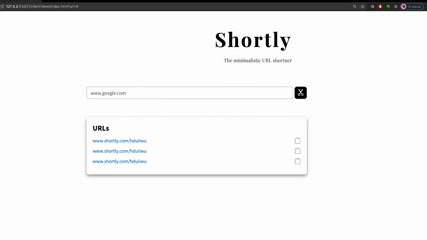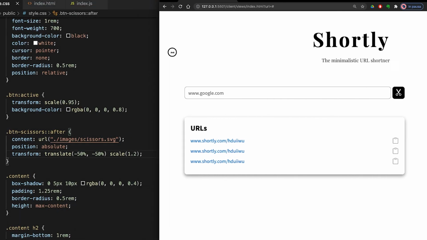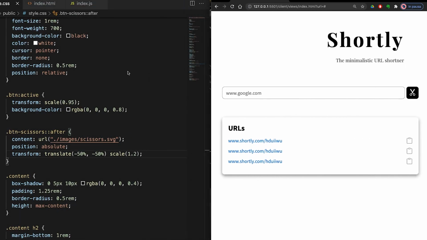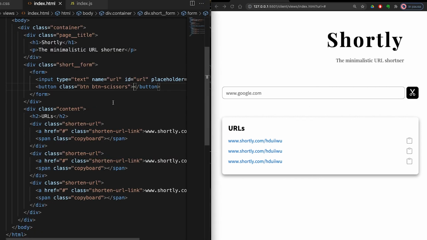One thing that I forgot to mention is the fact that I'm using a pseudo element instead of just setting an image or an icon. And that is because next week, I'm going to show you how to link this, add an event to this button. Now, if I did it with an image or an icon over the button, so basically I was going inside the button here and setting up an image like this,